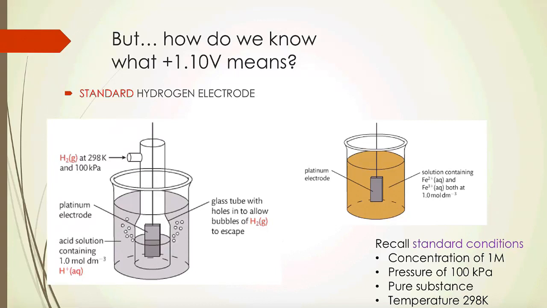So we use a hydrogen electrode. Standard hydrogen electrodes hold 0 volts for the electrode potential. Because of that, it's really easy. You can just connect the hydrogen with any metal or non-metal you want to figure out the electrode potential for,